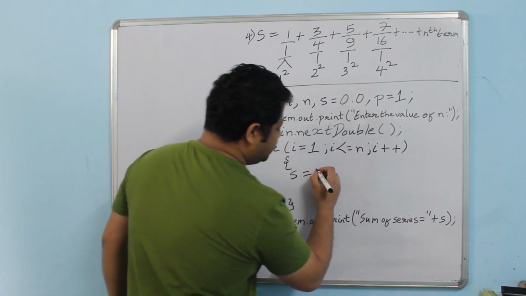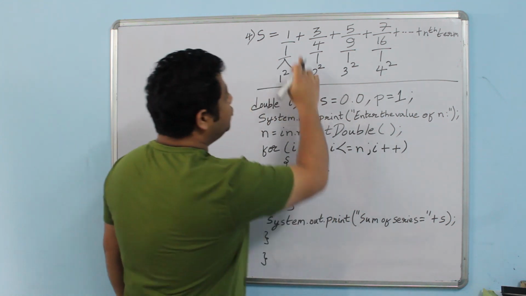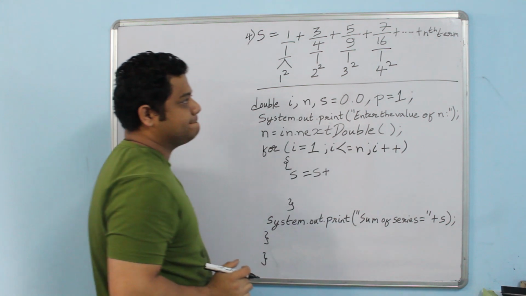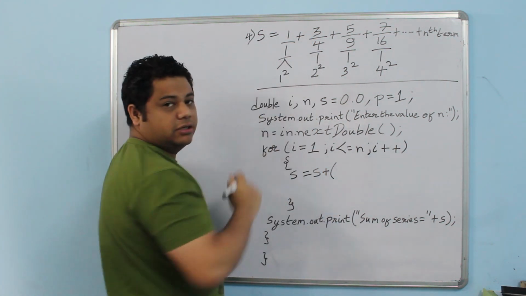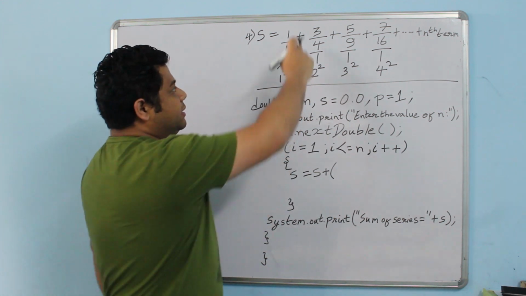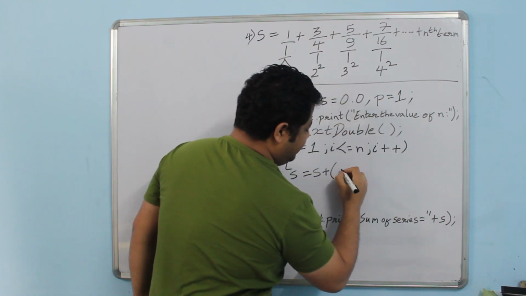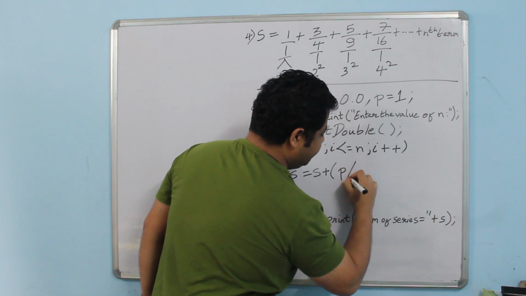So S equals to S plus, we know why this plus, because there is a plus sign. And again we'll open a bracket because we have got fraction over here. For the numerator we have taken the variable p. So we'll write down p divided by